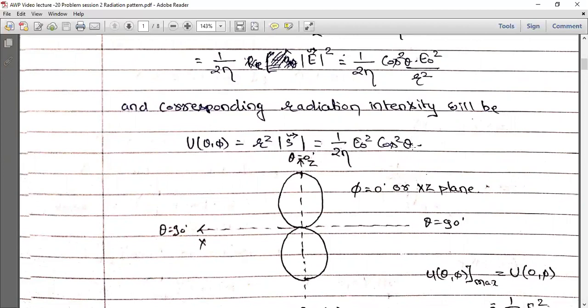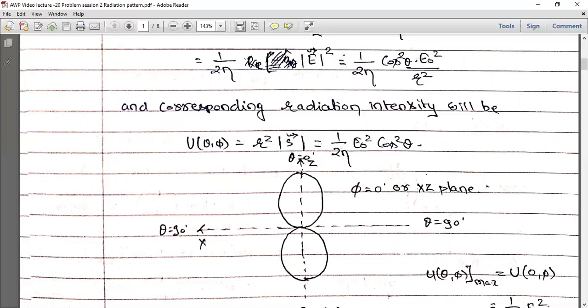So you have theta here, and you start varying theta from 0 to pi. As you know, theta is the second coordinate of the spherical coordinate system, and it can vary from 0 to pi. When you vary it from 0 to pi, you find this particular direction, and in the opposite direction you get the same values for theta. As you can see, the expression U theta phi is maximum when theta equals 0, which means the z-axis. This is a two-dimensional plot, XZ plane only. Here you have positive x, here negative x, here z, here minus z, and the XZ plane is represented by the phi equals 0 plane as asked in the first question.